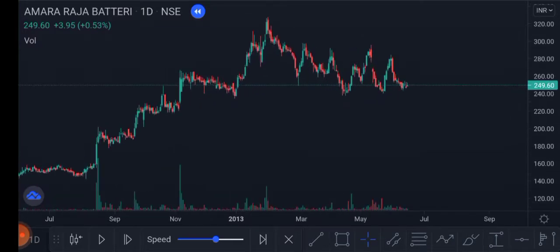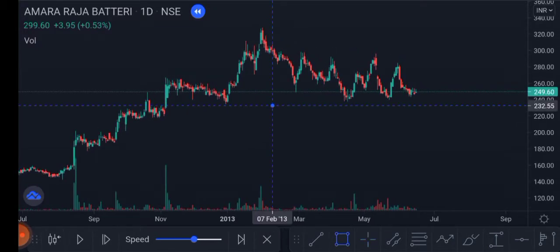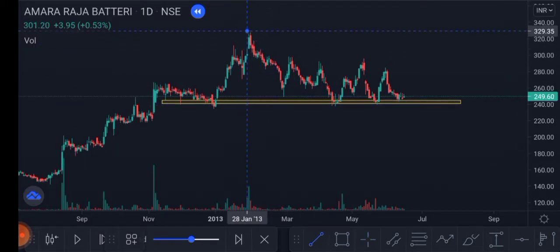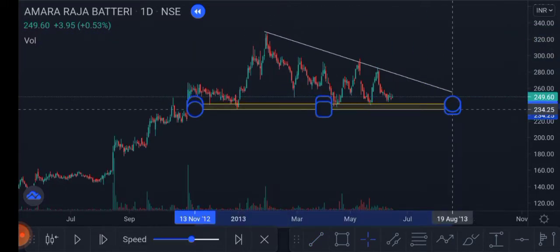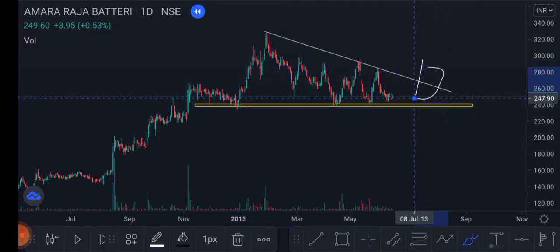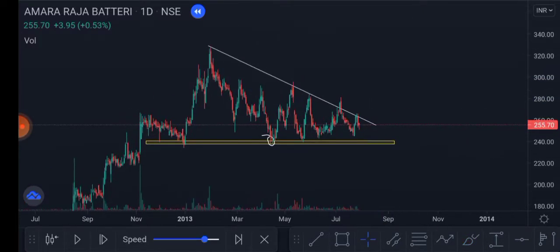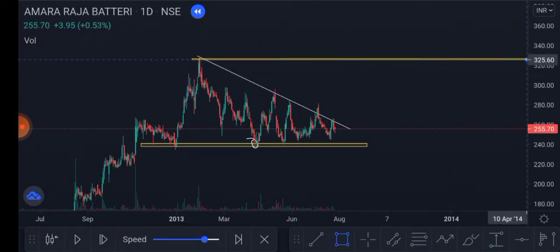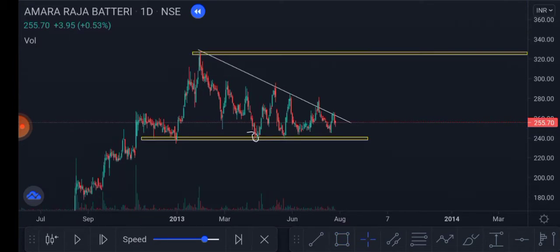What I can see here is this area is acting as a major support. You can see whenever the stock comes here, it's holding there and trying to move upwards, and this area is acting as resistance. My plan here is whenever the market breaches this line upside with a big candle, I'll go long, and this high will be my target. It may take 1 month, it may take 6 months, it may take 1 year to reach the target, until it hits my stop loss.